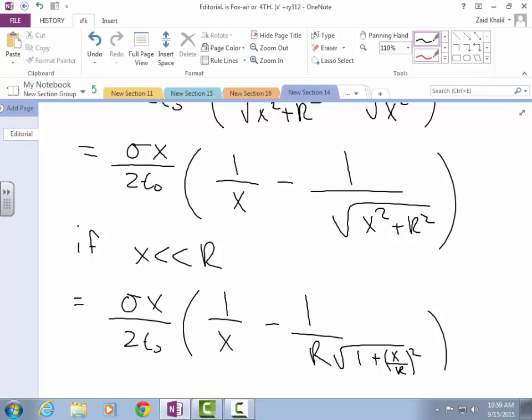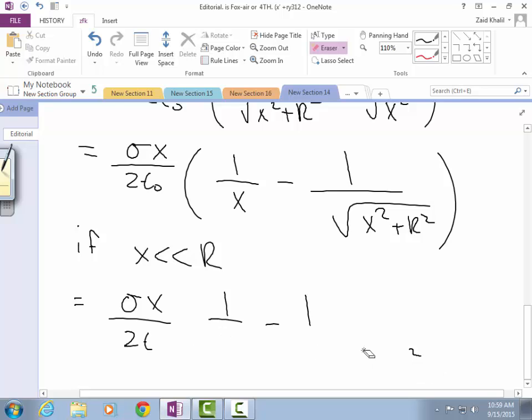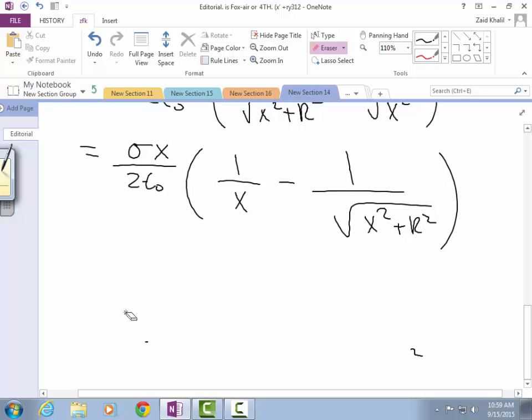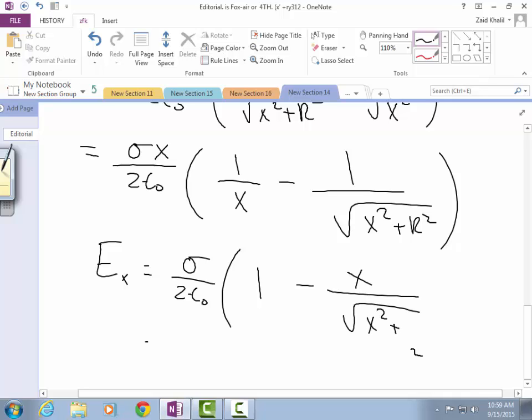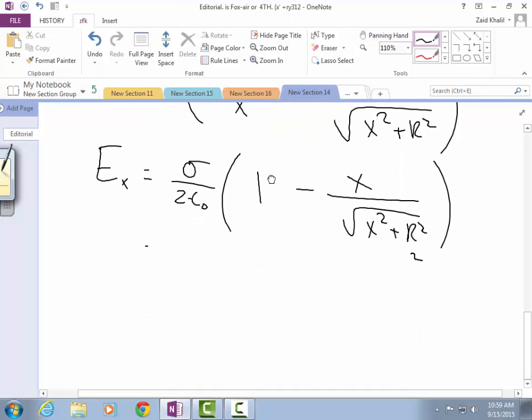Now watch this instead. This is what I'm going to do. Erase this. I'm going to distribute that x out. In other words, your E of x is going to be sigma over 2 epsilon 0, and then you have x over x, which is 1 minus x over the square root of x squared plus r squared. Right? So now we look at E of x for x much less than r. What happens? You factor out that r,